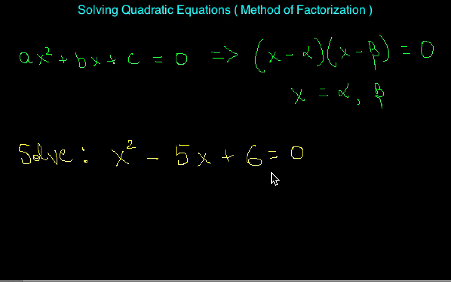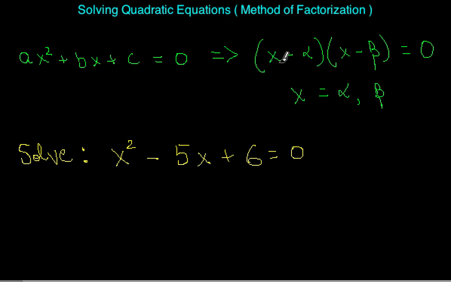Okay, so here we'll be directly entering into the concept of solving quadratic equations. There are two methods to solve quadratic equations. Here we'll be looking at the method of factorization. If this is the quadratic equation, we can write it in the form of (x minus alpha) into (x minus beta) equal to 0, and this gives us the roots of the equation, x equal to alpha or beta,